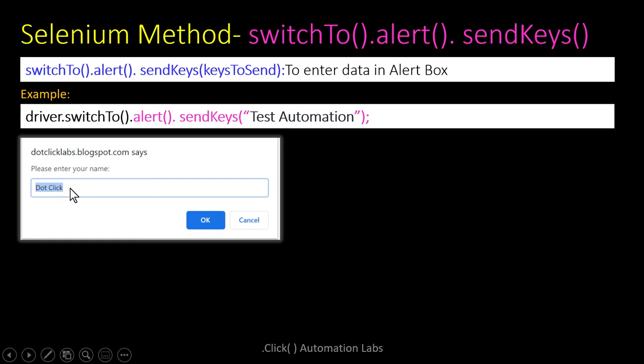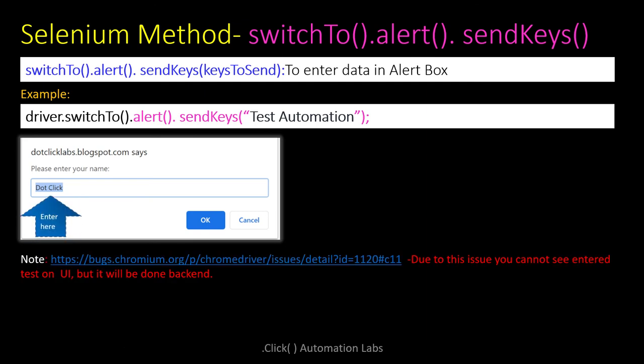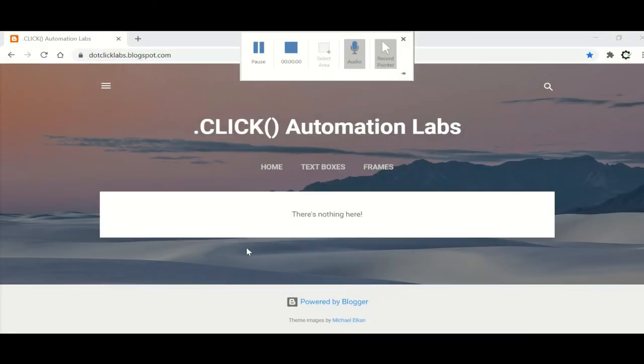So that is about send keys. Here it will enter the value. There are certain known issues in Selenium WebDriver, so due to this issue, you cannot see the entered text on the UI, but it will be done in the backend. So you don't see something entered on the UI, but you can see the page is updated with this particular value. So let's see one example.